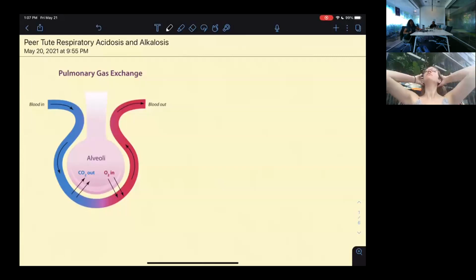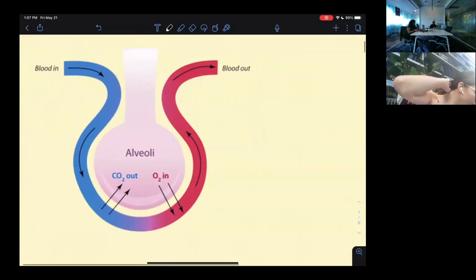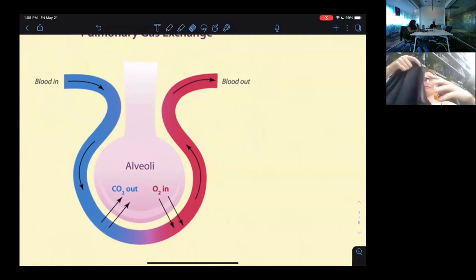Like respiratory acidosis and alkalosis. So we're just going to start reviewing things about gas exchange. So we have our alveolus right here, and we have blood coming in,